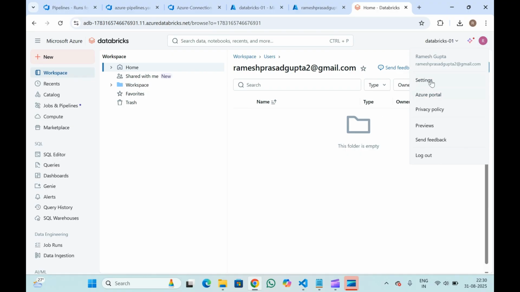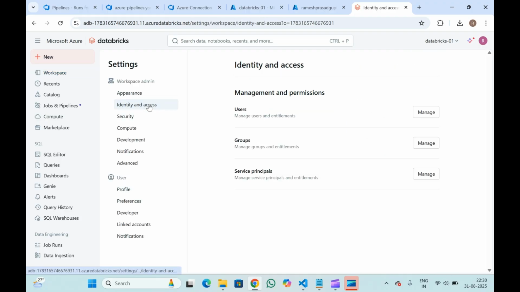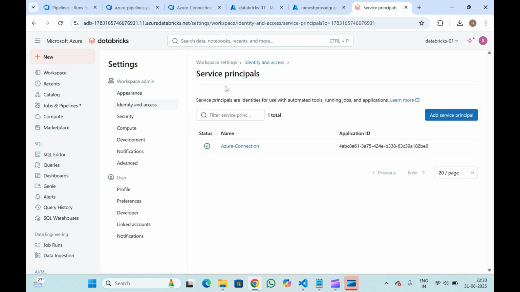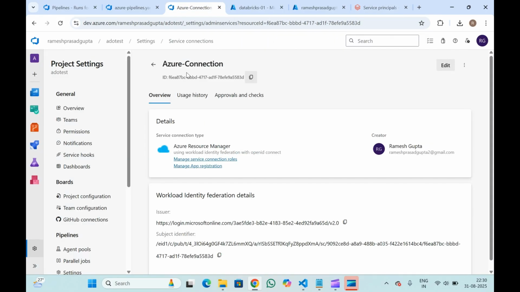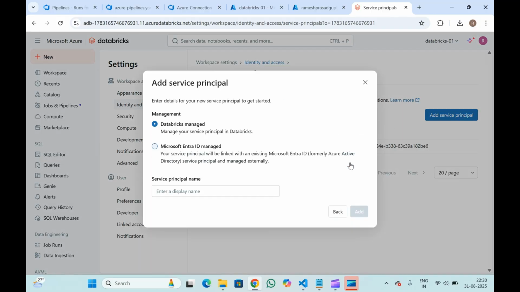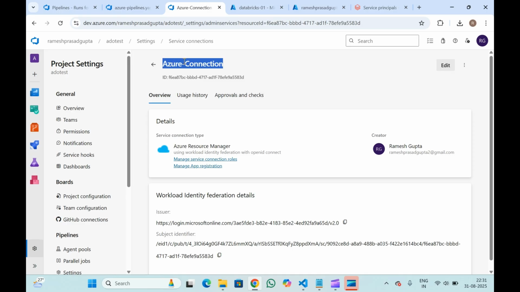To create it, go to settings, identity and access, click on service principal, and you'll have to create a service principal here as well, like how we have created it in the ADO. For your ADO pipeline to work, you'll have to create the service principal here as well. Click on add service principal, add new, Microsoft Entra ID managed, provide the same service principal name like the Azure connection,